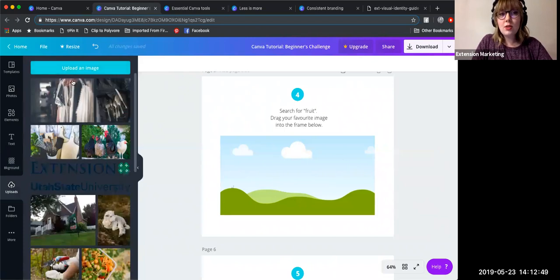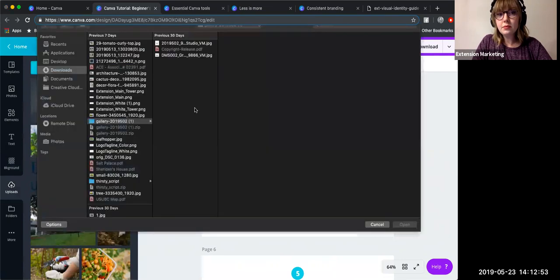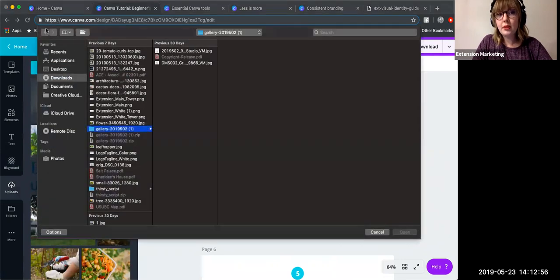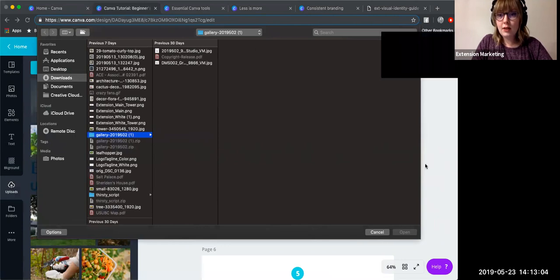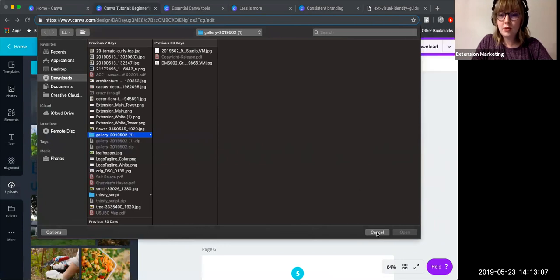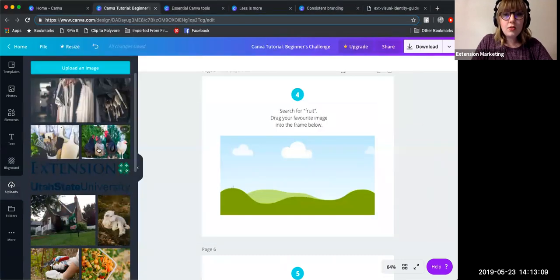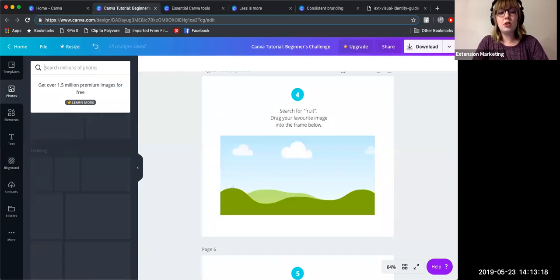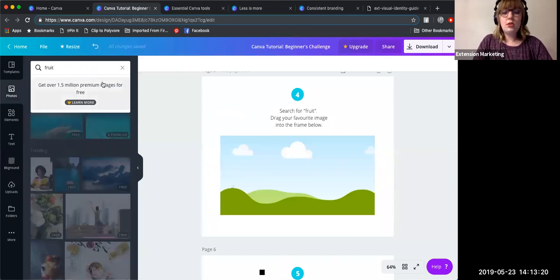The way you do that is you would go here, upload an image, and you'd pull that from your computer. But since I already have quite a few images, I've got so many things open with Zoom. Here we go, there's the cancel. So let's use an image we already have. It says search for fruit. So let's go back to photos. I do have images of fruit, but we'll search for one. So you just type in fruit,